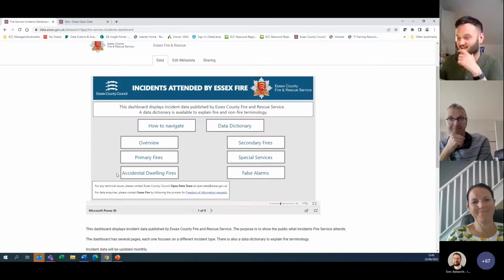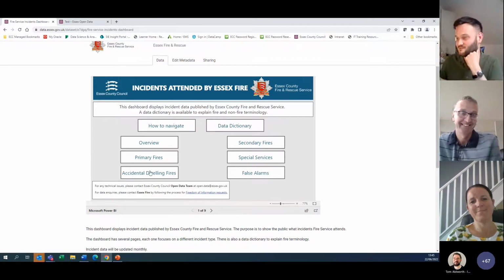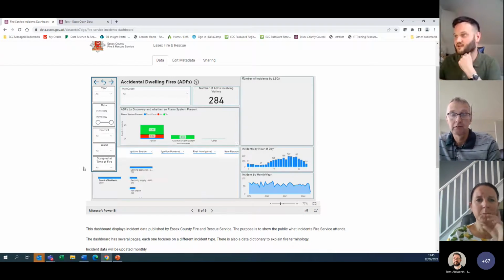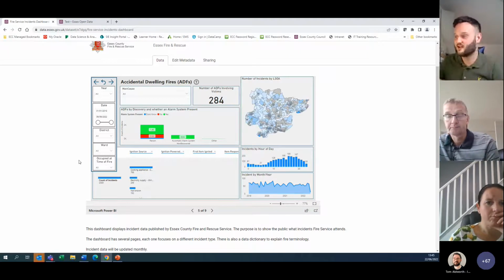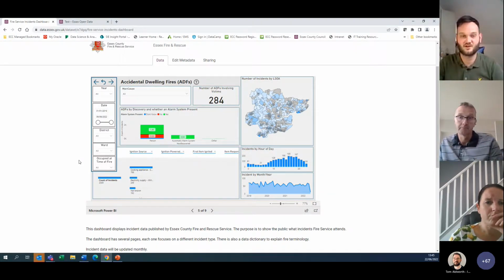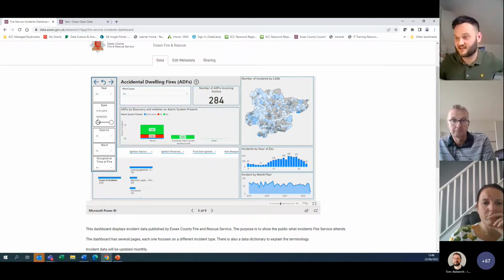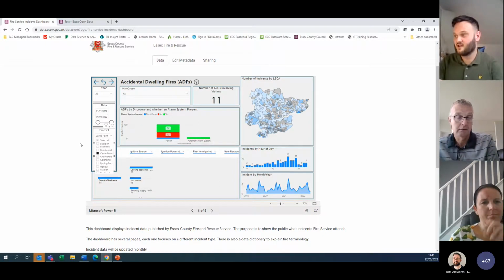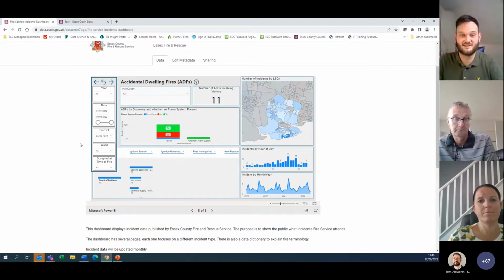There we go. So let's look at accidental dwelling fires, for example. This is a wealth of information that the Essex County Fire and Rescue Service freely publish publicly. This tool makes it easily accessible for residents or people who aren't familiar with data to get an understanding of trends in fires throughout Essex. Similar to the COVID tracking tool, you can select different dates and select a certain district you're interested in. I can really start to filter in to find evidence of data that you need as part